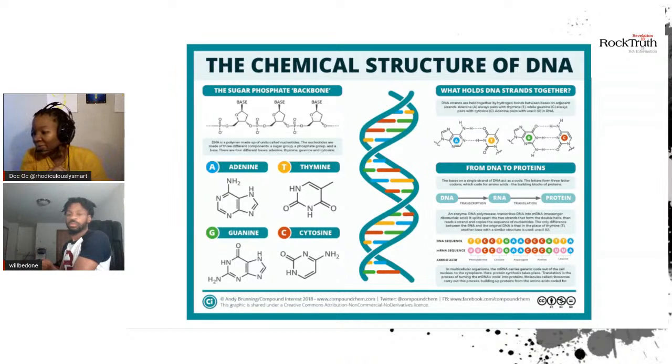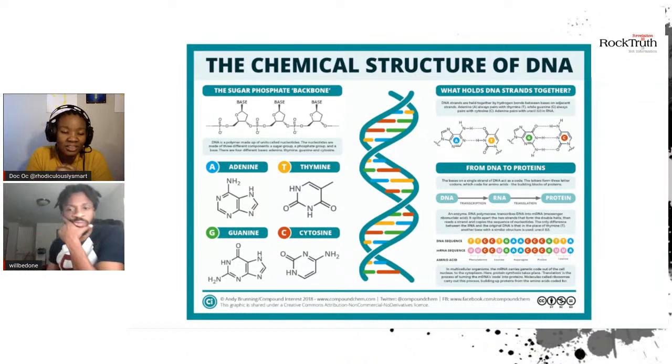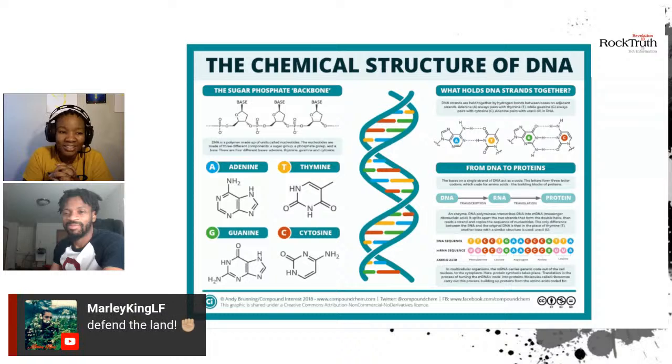I thought I wrote it down, but it was one of the compounds we were talking about today. I want to say it's antimony that's carcinogenic, and so that's why I was saying that it's probably not a good idea to use makeup. And yes, defend the land, exactly, because that's why I love showing these cycles: